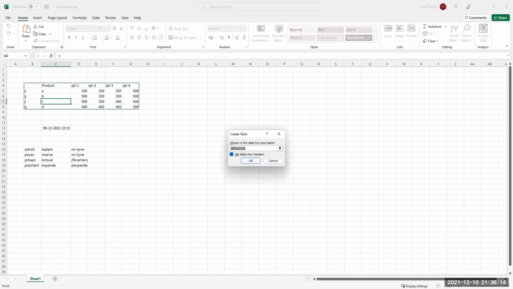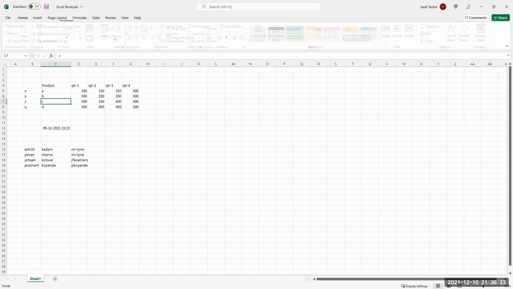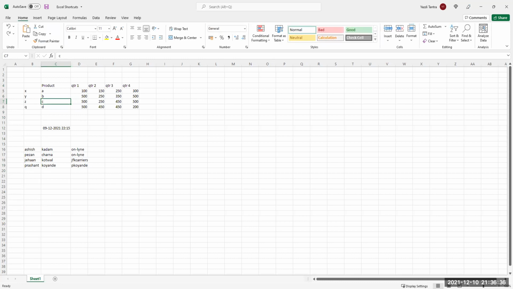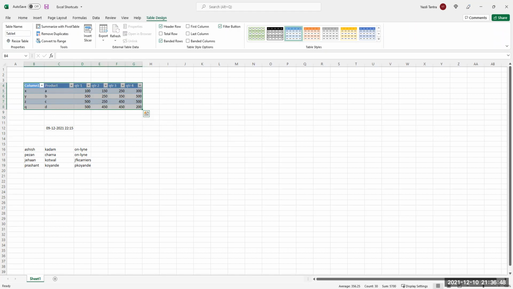Now when you make a table, as I said earlier, you can get the sorting, filtering, you can create charts, you can create pivot tables once you are in a table. So creating a table is important, and therefore a shortcut for creating a table is as important. I'm just saying Control Z to get out of this. So if you want to create a table, you just say Control T. That is the simplest way of creating a table. Press enter, and that is where we are.